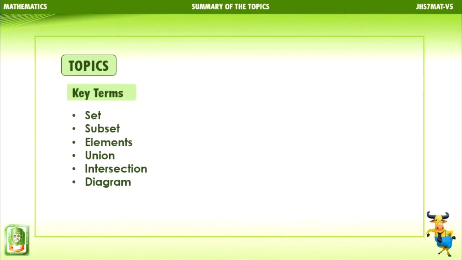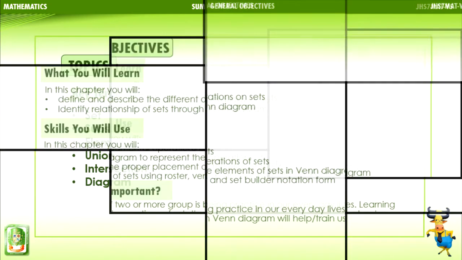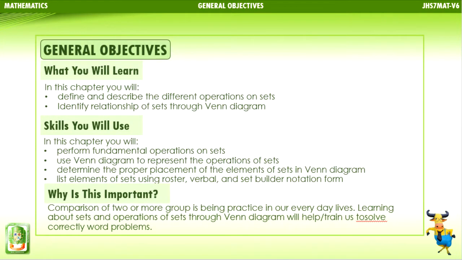To understand our topic for today better, take note of the following key terms: set, subset, elements, union, intersection, diagram. In this chapter, you will define and describe the different operations on sets, identify relationships of sets through Venn diagram, perform fundamental operations on sets, use Venn diagram to represent the operations of sets, determine the proper placement of the elements of sets in Venn diagram, list elements of sets using roster, verbal, and set